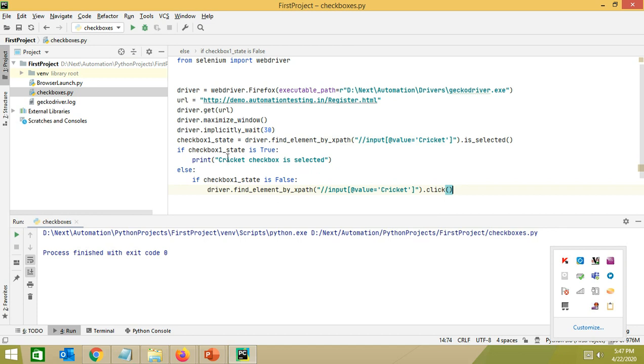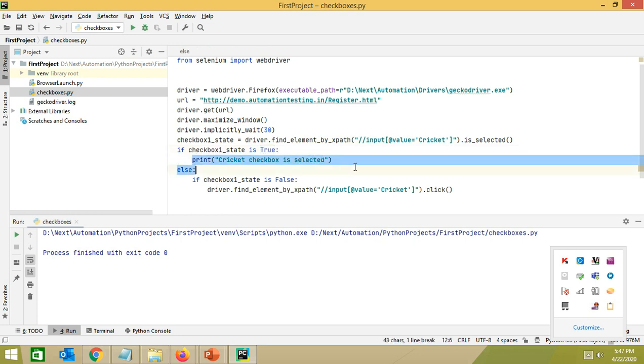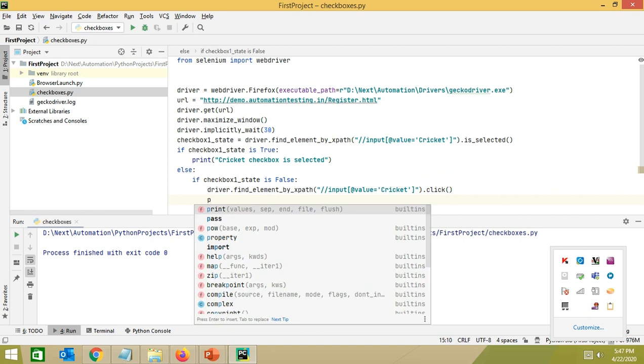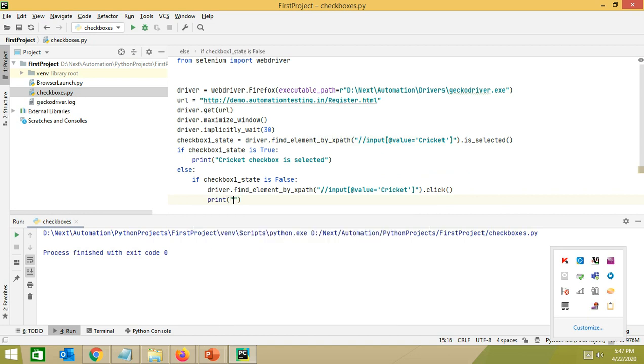If the checkbox selection is true, it will print checkbox is selected. Then if it is not true, in the else condition it will check if the checkbox state is false, it will change the selection and make the checkbox true, and after that it will print